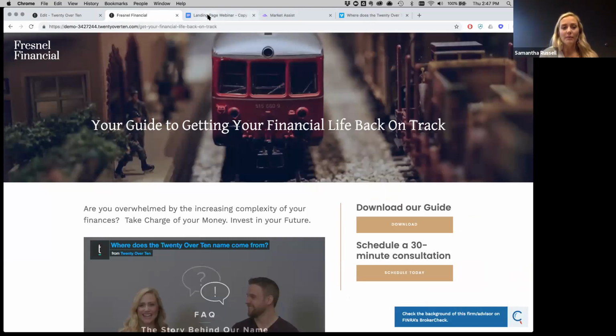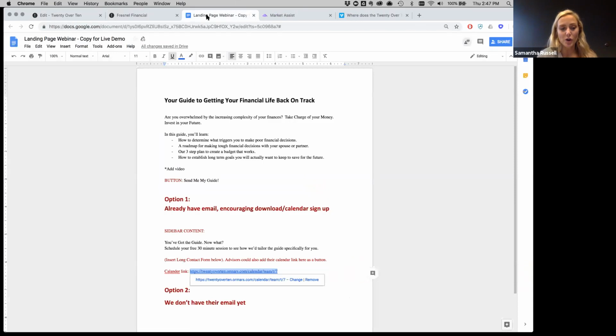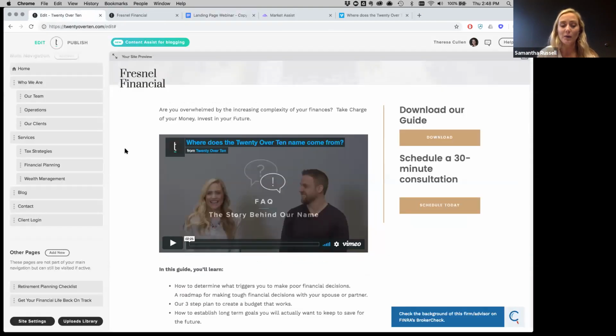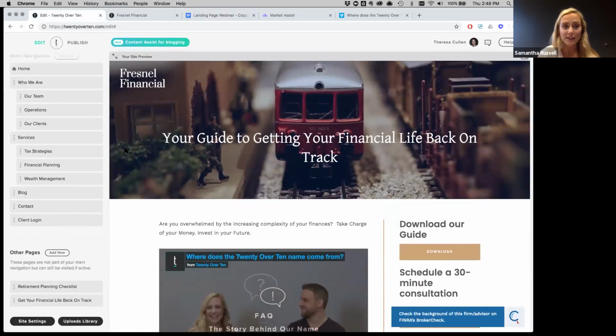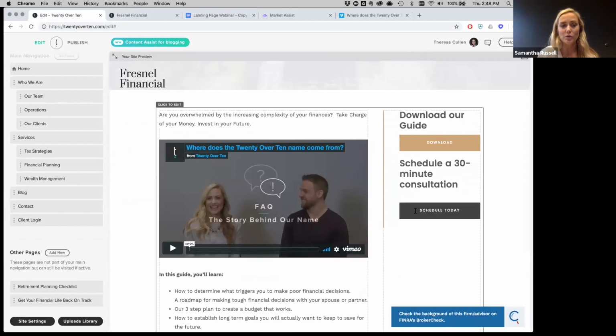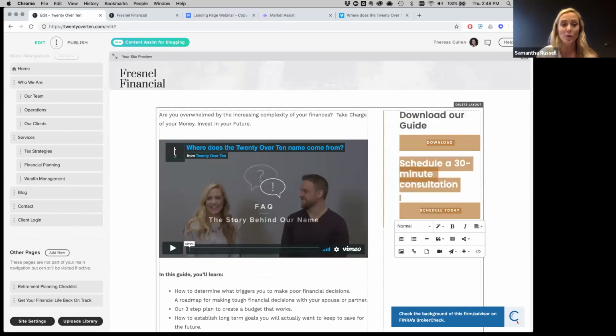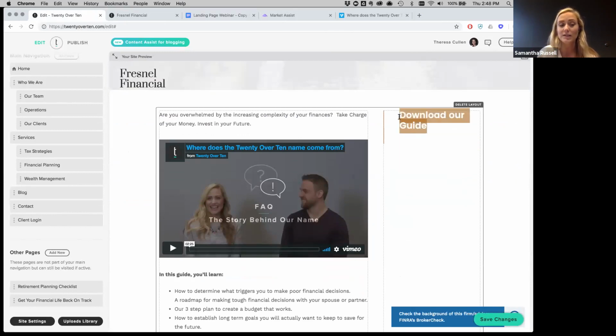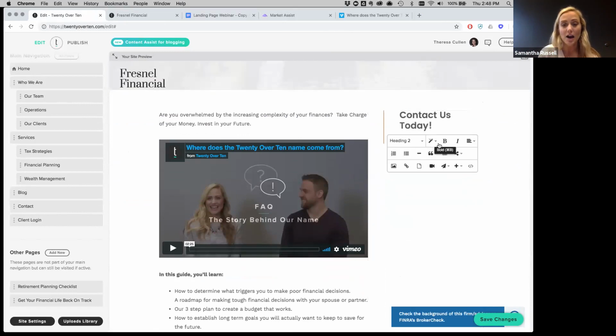Yes, so somebody was asking, and they were kind of beating us to it: what if you wanted to gate the content a little bit more, and you didn't have their email and you wanted to collect an email, what would you do? So this would be a different use case. This is for driving traffic to a page to collect emails, and Ryan's going to show us what it would look like in that use case.